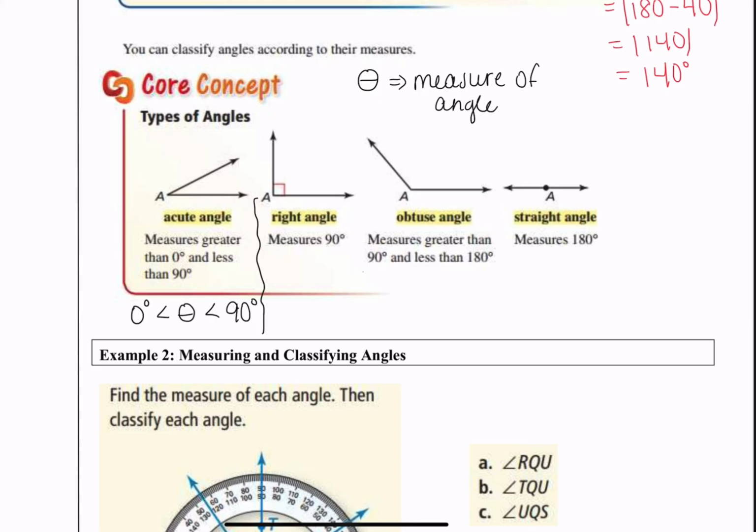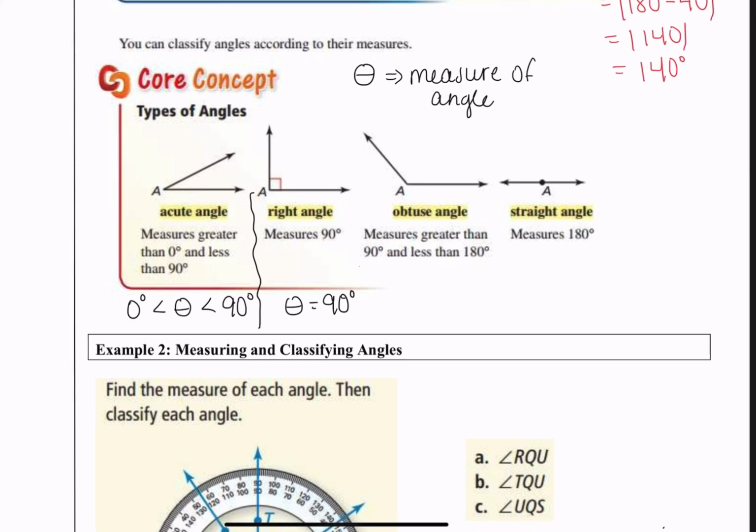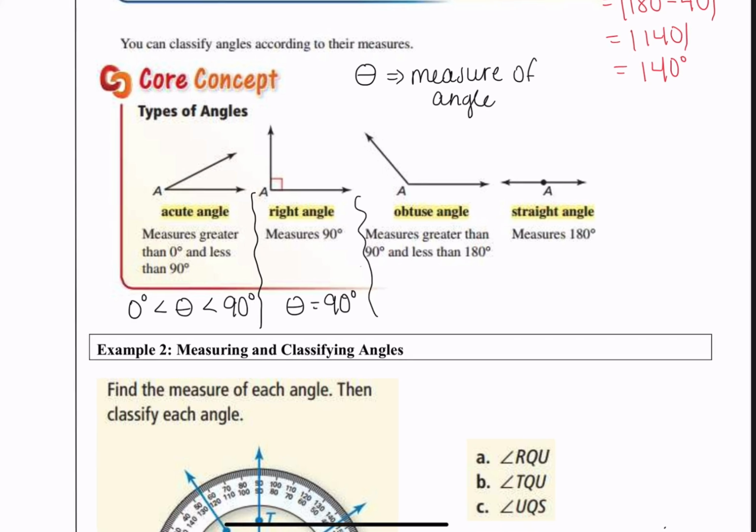If I have a right angle, theta would equal 90 degrees. It's exactly 90 degrees. If I have an obtuse angle, well, that is an angle that measures more than 90